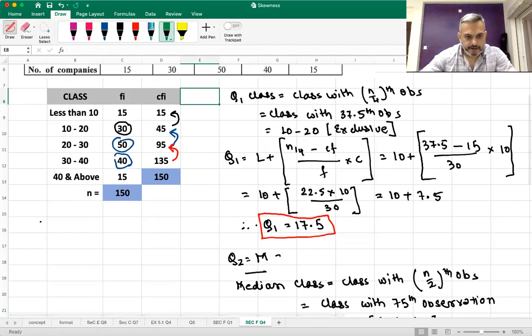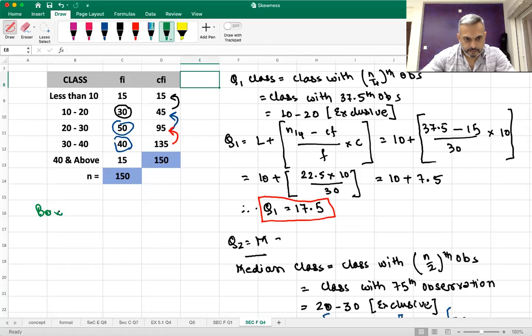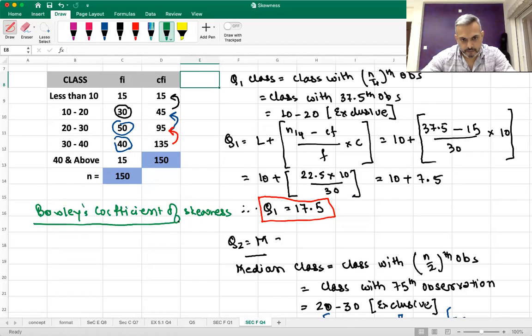So let's write Bowley's coefficient for skewness J is equal to Q3 plus Q1 minus 2m upon Q3 minus Q1,